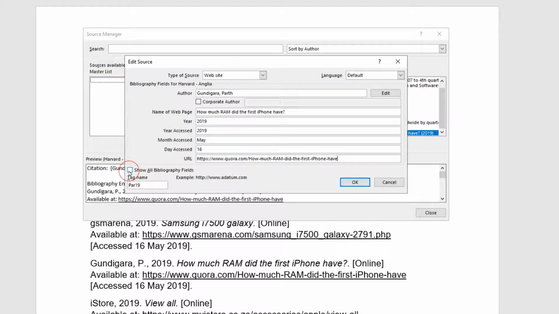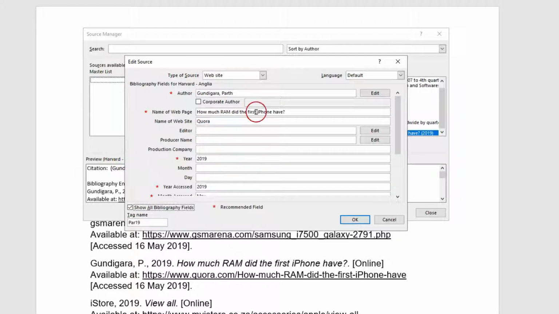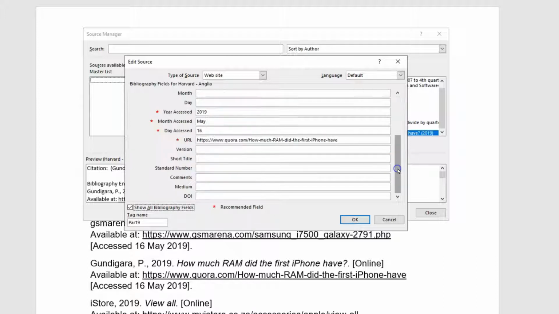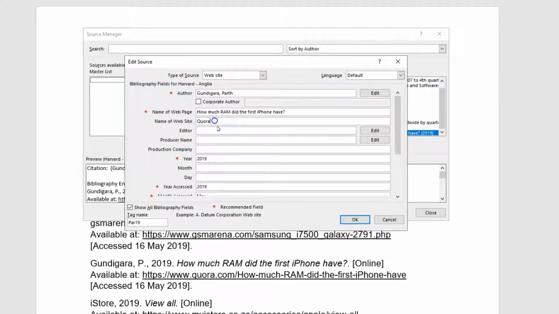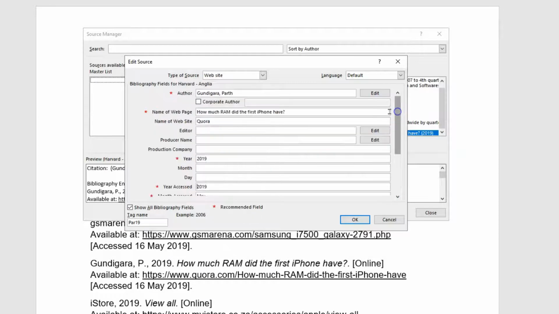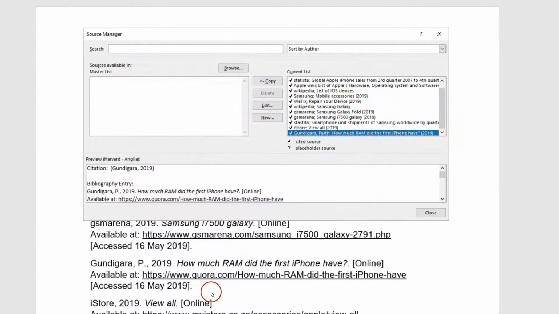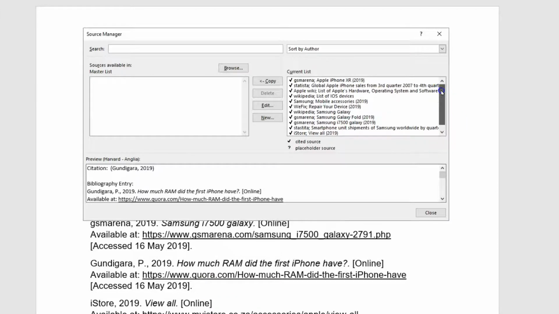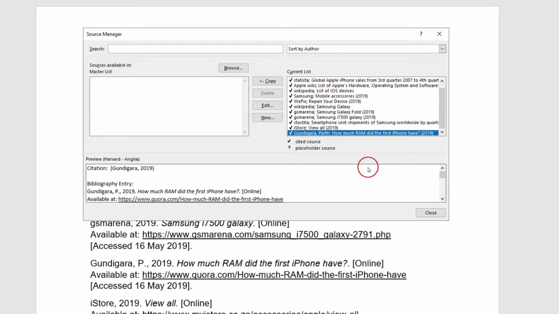If you turn on Show All Bibliography Fields, then you get a bit more options, not many of which are useful, but name of website is a useful one to include. We know this one came from Quora, so I've simply put it in there. It doesn't show in the bibliography entry, but it can be useful for reference. Then you click OK to save, and it will be added to the list already there. Then you can close this